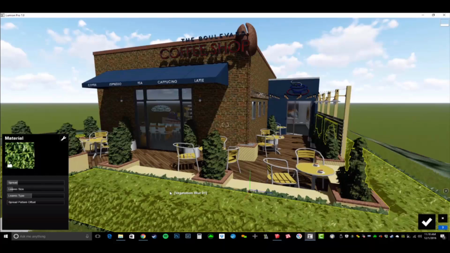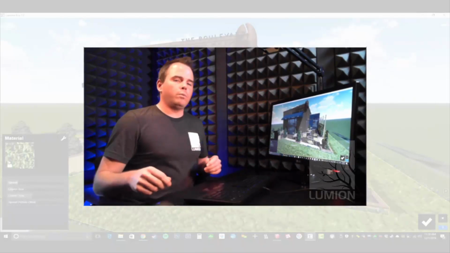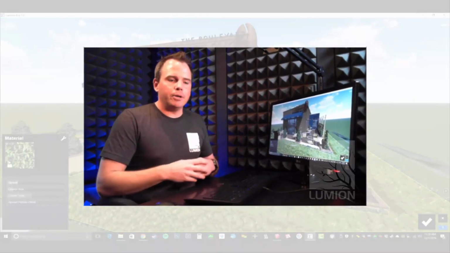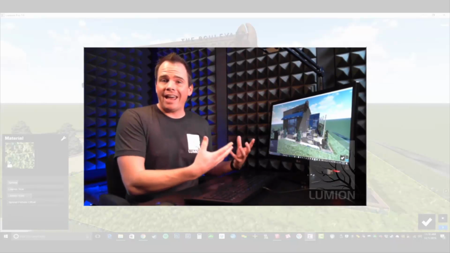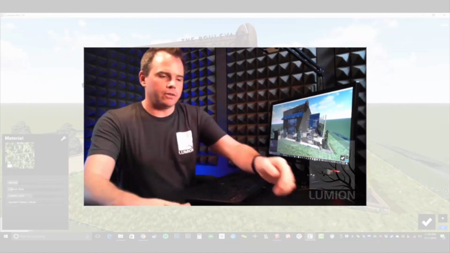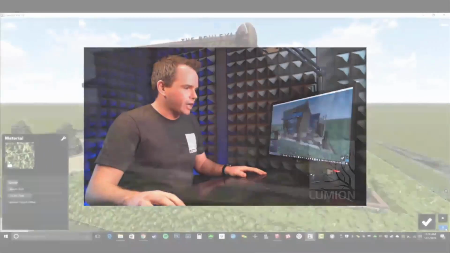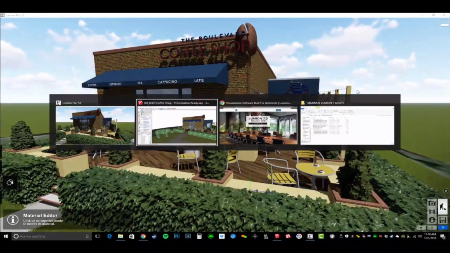Let me take a look at my notes here. The next thing we want to take a look at is our authentic materials. So really, a big new feature here is the ability to add the category of aged materials, and also the ability to add weathering to any material that you have. So what I want to do here is I'll check on OK, and we're going to keep working with this project